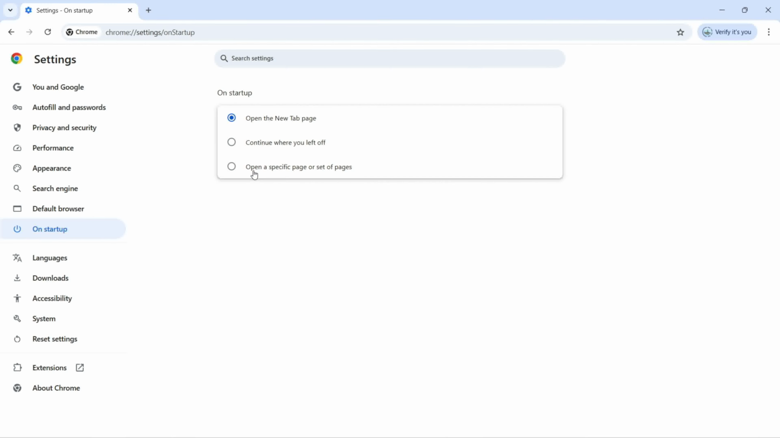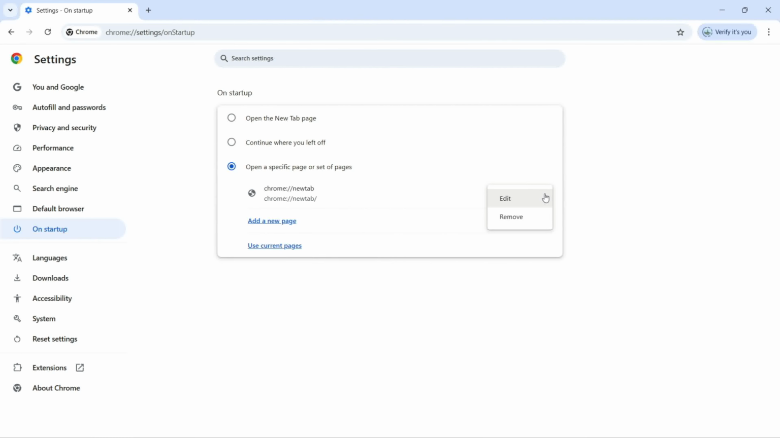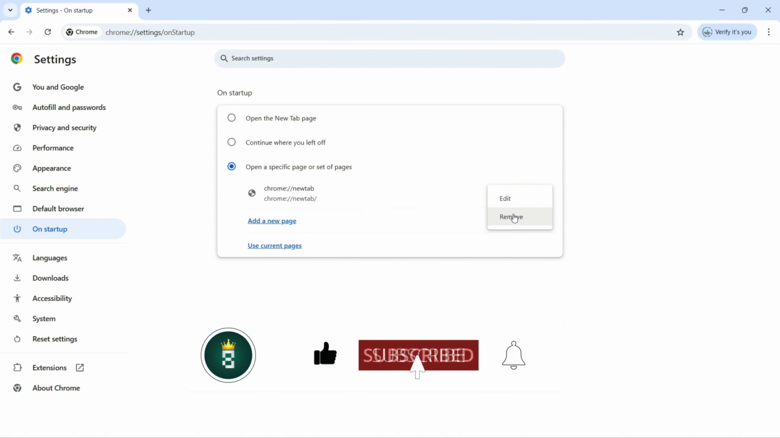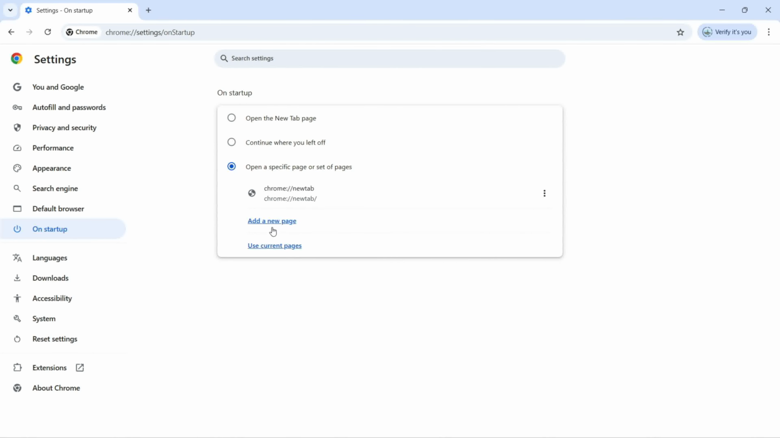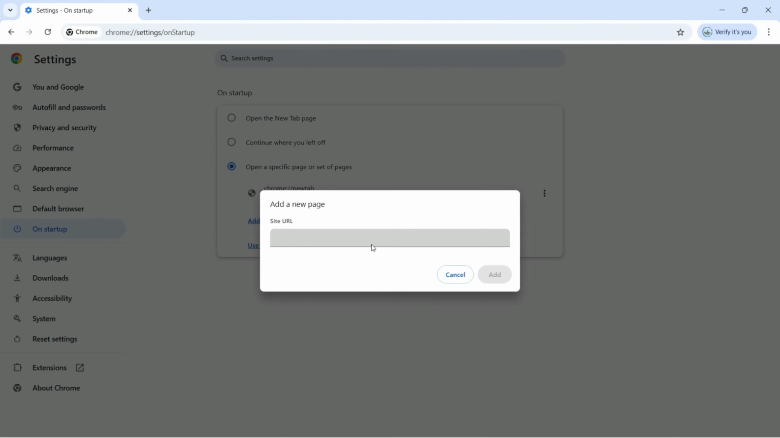And next we have Open a specific page or set of pages. When you select this, here I can add a new page. As you can see, the Chrome new tab is selected, and if I want to remove or edit, simple, I'm going to click here and I can edit or remove. To edit that, simply click on edit. So now as you can see, you can give it a new URL, or you can add a new page here. Maybe you want to open your own website every time, so then here you can add it, or maybe you're going to add this